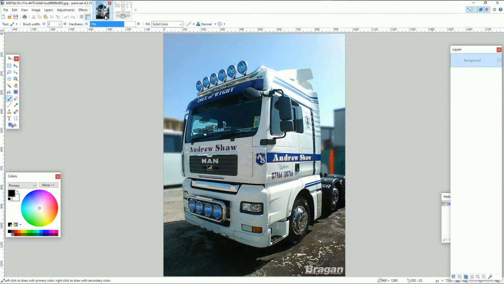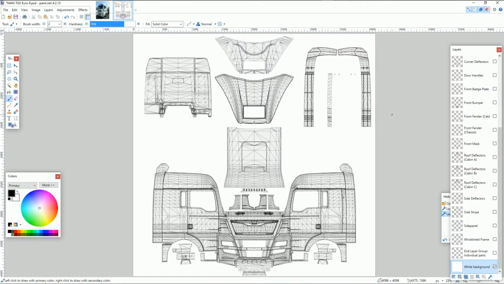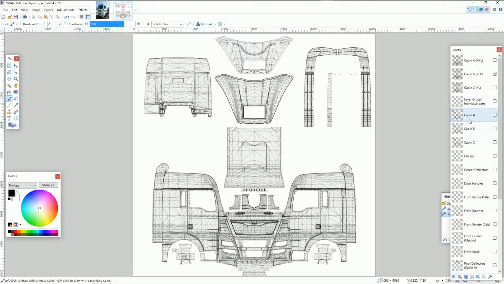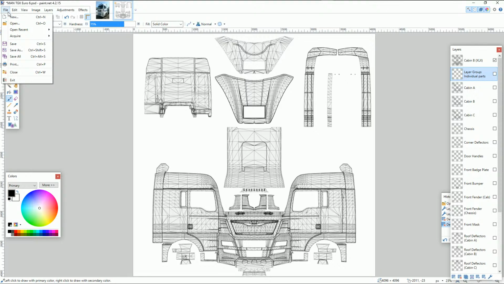And if we look at Mr. Shaw, he's got the XLX, so even though it's a Euro 6, we'll work with the XLX cabin. And what you can do, just to keep things simple, is delete these other layers. So the XXL and the XL, we won't be using those. You can just delete those, but then immediately, if not sooner,